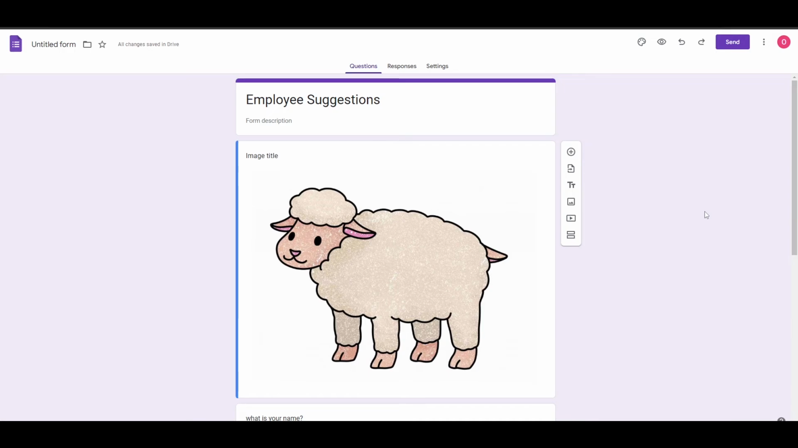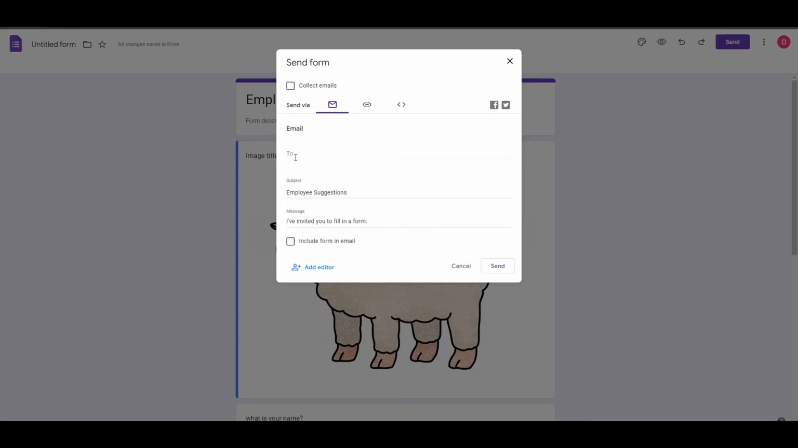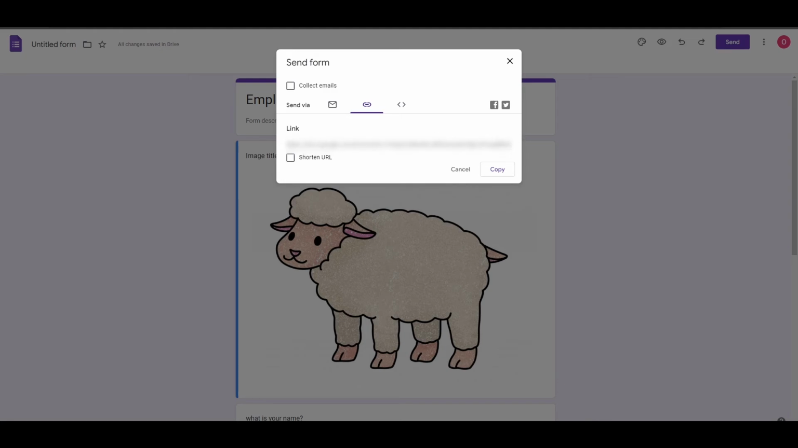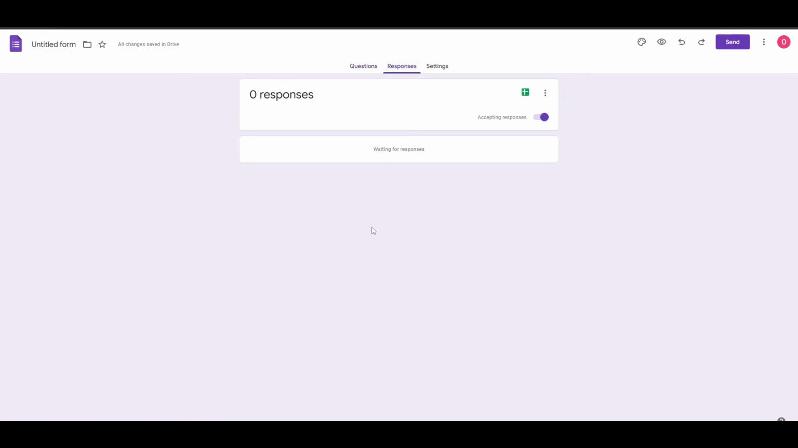And once you're done with your form, you can just simply go ahead and send this form to the emails that you want. You can add your emails, employee suggestions, you can add the editor as well, or you can just simply copy this link right here and send it within the group of your employees, and they can go ahead and check out the form and write their answers accordingly, and you will see their responses right over here once they have